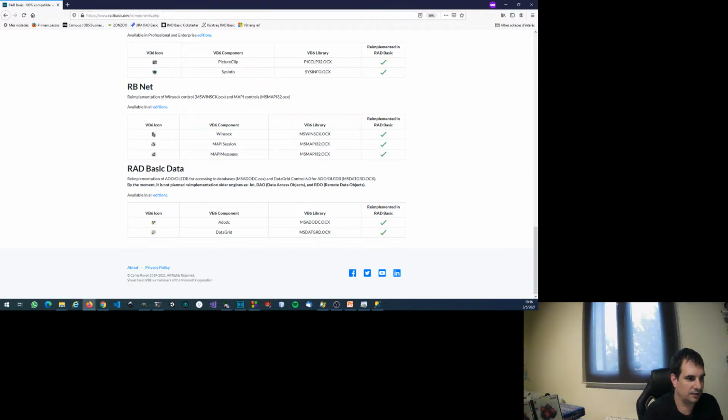PJ says, will RAD compiled code run faster? At this moment I didn't make any profiling, but in theory, yes, it will run faster because it is all compiled to native code.